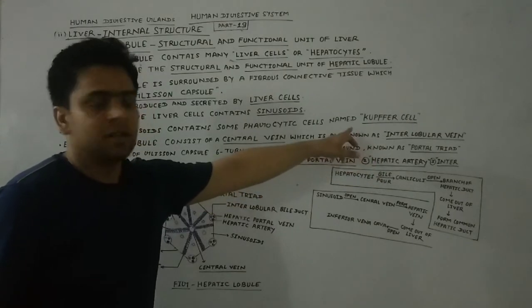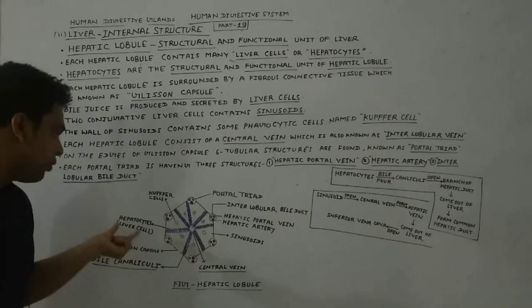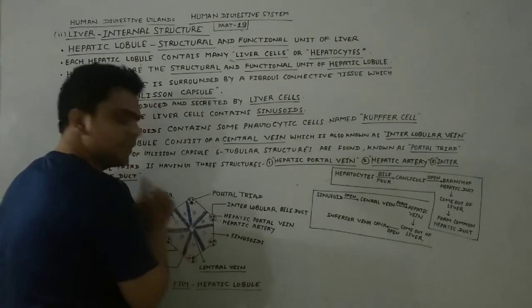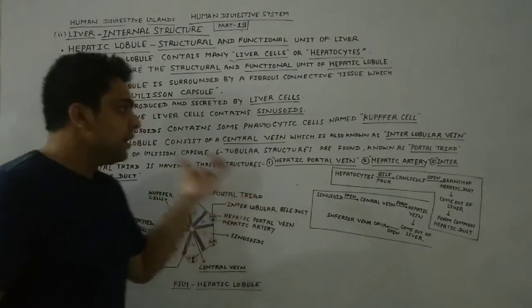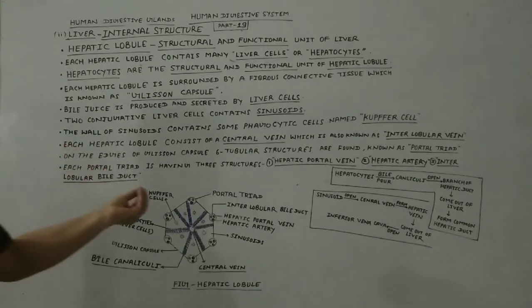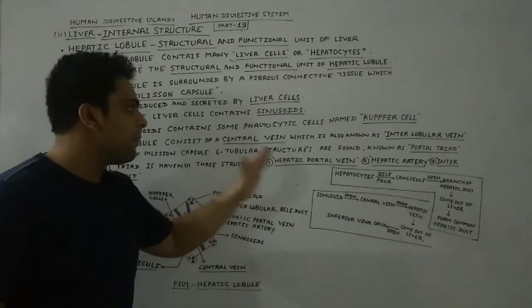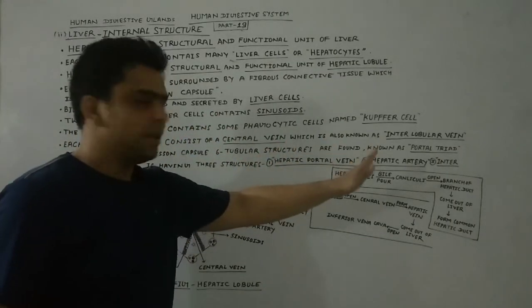You can see here, these are portal triads. How many? 1, 2, 3, 4, 5, 6. So there are six in number. Each portal triad has three important tubular structures. The first is the hepatic portal vein. The second one is the hepatic artery. The third one is